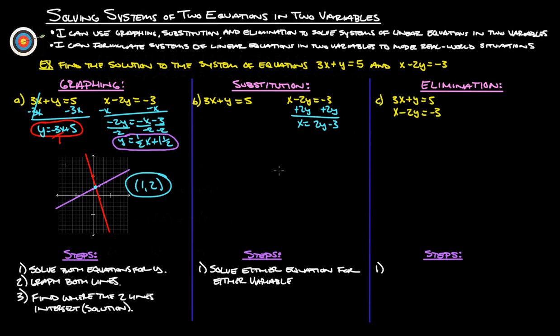Now the second step is that the one we just solved, we're going to plug into the other equation. So what that means is we're going to take this 2y minus 3 and substitute that in. Wherever we see x, we know that's the same as 2y minus 3. So we're going to substitute that in right here for this x. Okay, so we're going to go 3 times, and now wherever we see an x, we put 2y minus 3 in there, 2y minus 3. And then we still have plus y